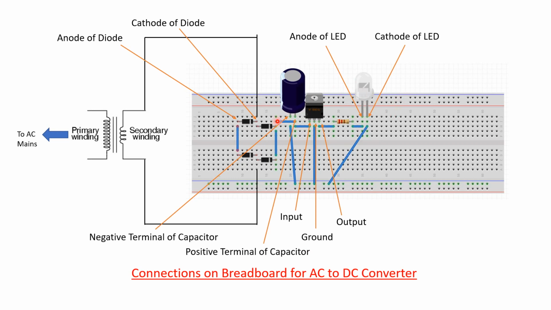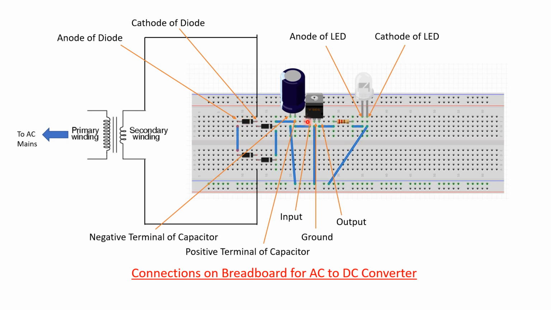This is the breadboard circuit. This blue line shows the connection, how we have connected the different elements. So you will better understand this connection in the later part of this video. Moreover, this breadboard circuit model of AC to DC converter is also uploaded in Google Drive, and the link for the same is provided in the video description from where you can download it for further understanding.